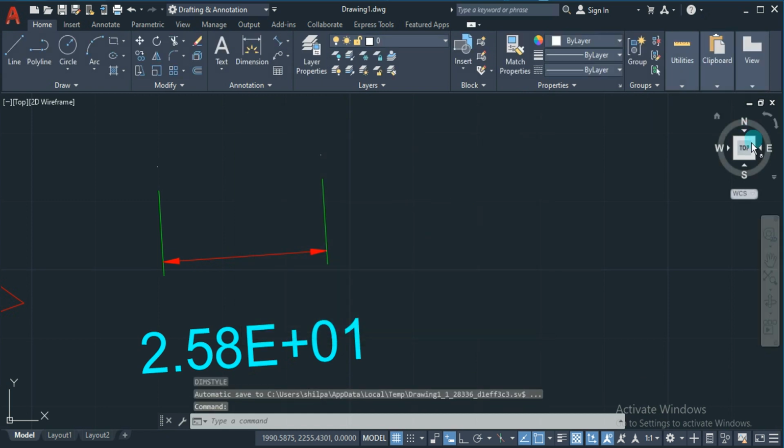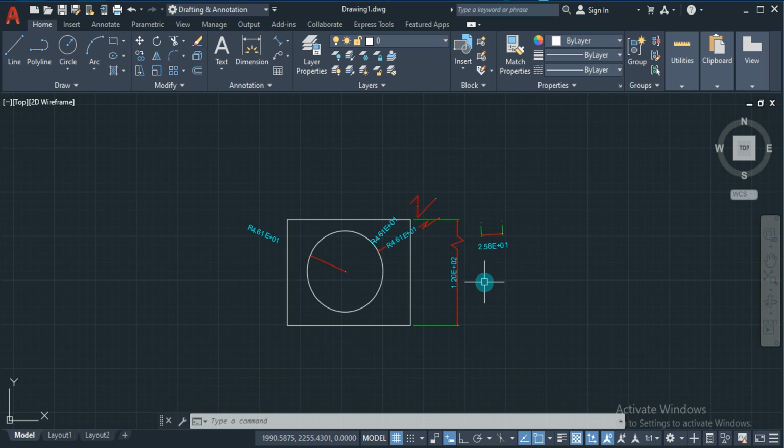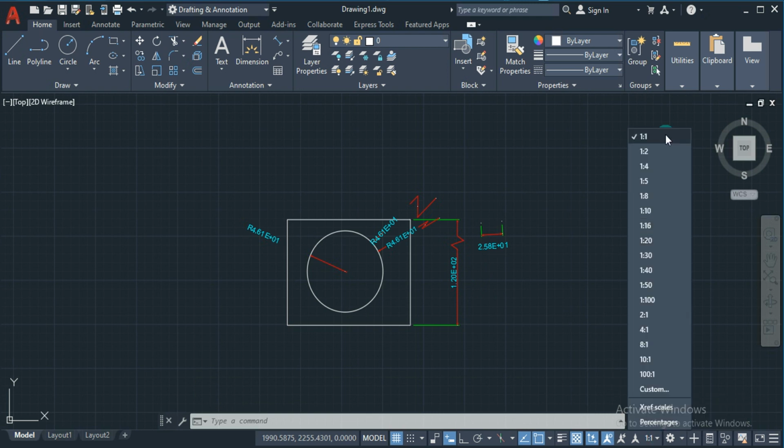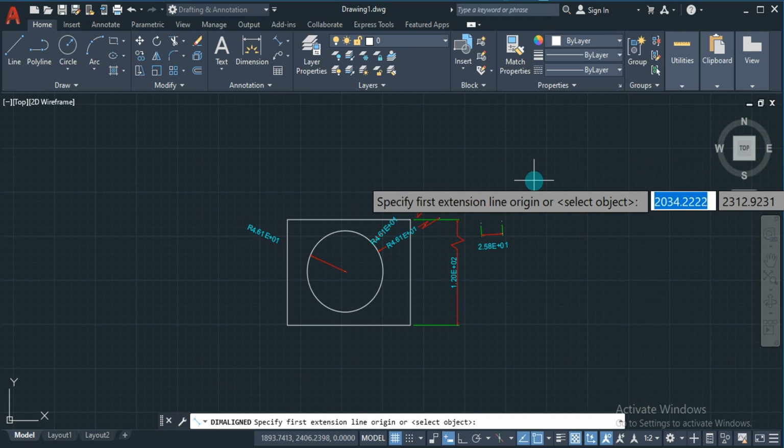Whatever text sizes, arrow sizes or distances we have given there are acting in a 1:1 ratio. Whatever distance we provided there, according to that we got the spacings. By default it is 1:1. I'm going to keep it as 1:2 now, and I'm going to give the dimensions.